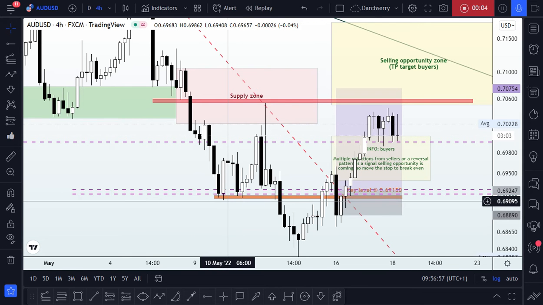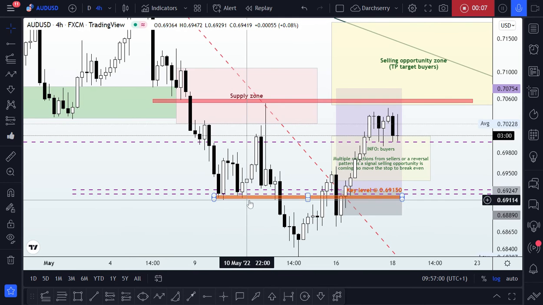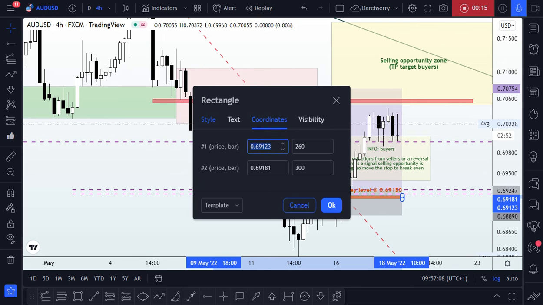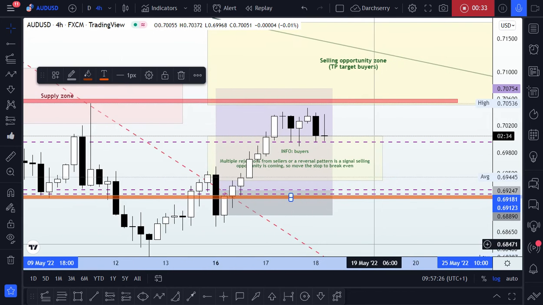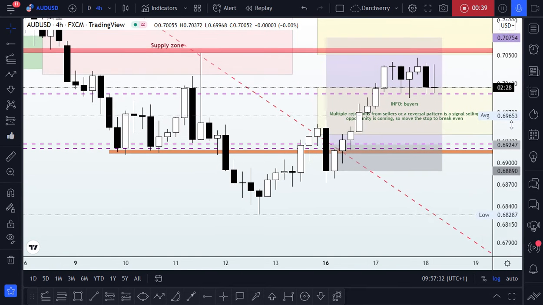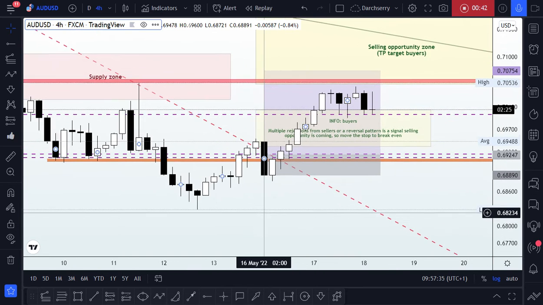A quick revisit to the AUD USD pair. If you're following me on this pair, I shared the publication on this pair during the weekend where I gave an ambiguous situation where we were looking for the possibility of price to move either upward or downward. However, I made it clear that the key level right at this area